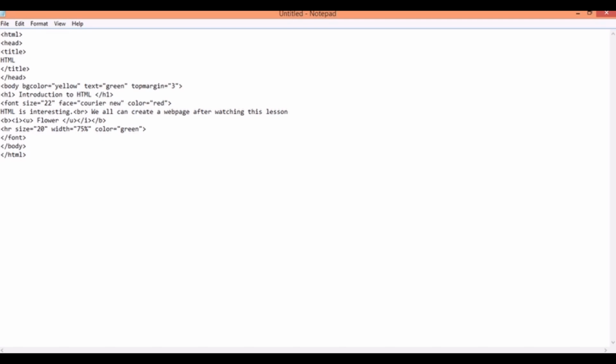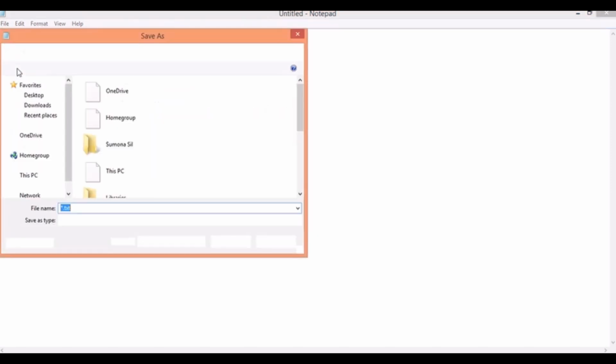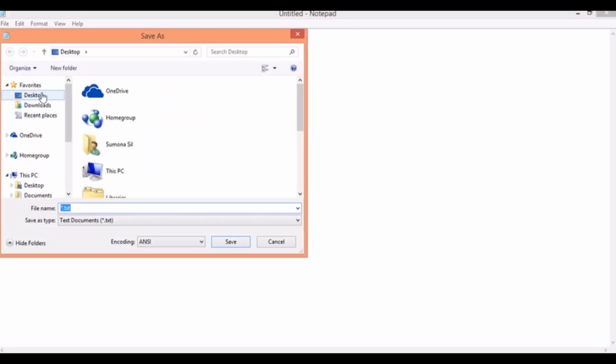Now, after writing the HTML, the main thing is to save the file properly, because if the saving does not happen, the output will not come. So for this, we will go to File, we will go to Save As, we will go to Desktop, we will click Save As Type to all files.